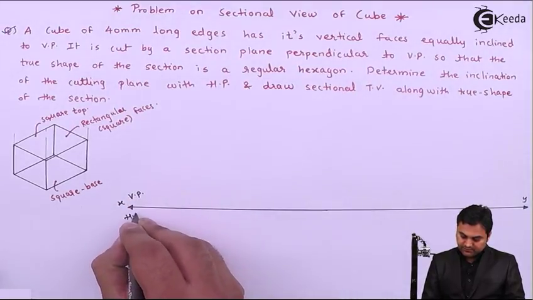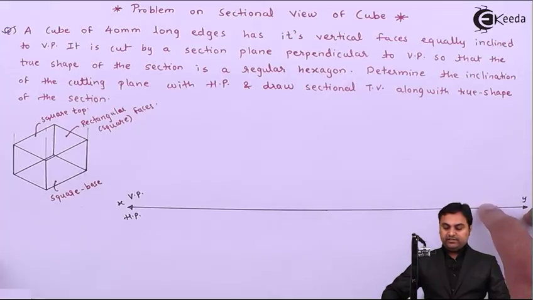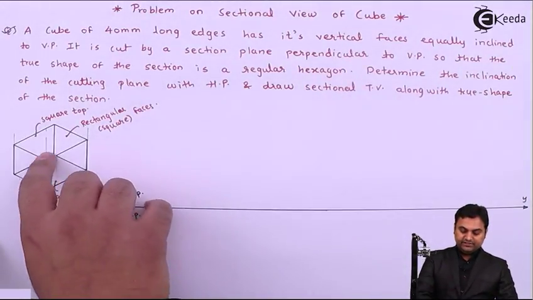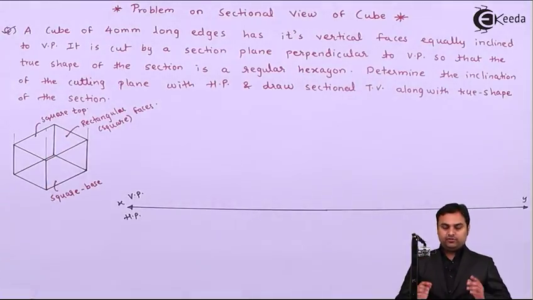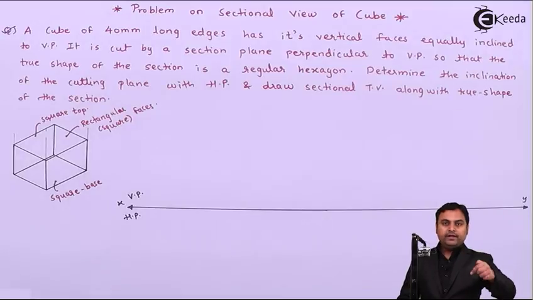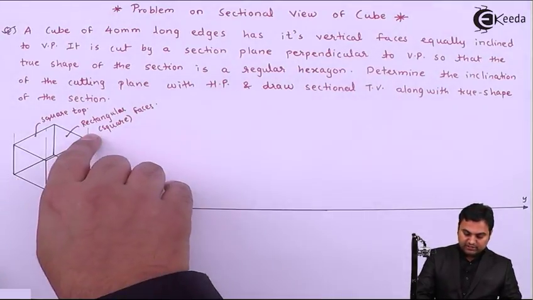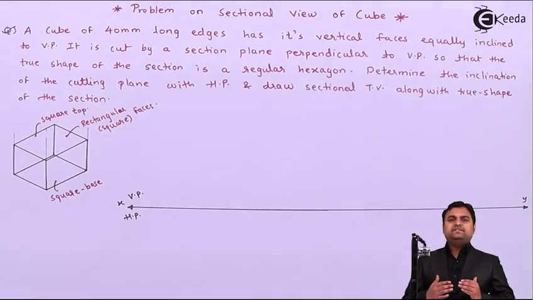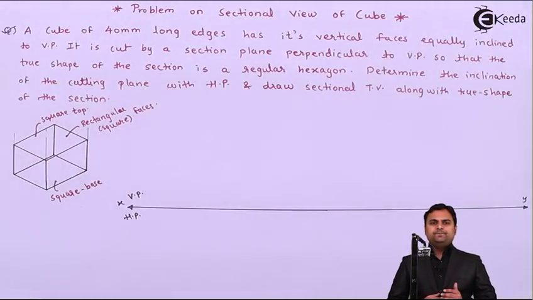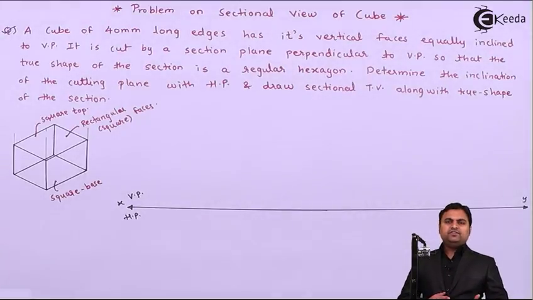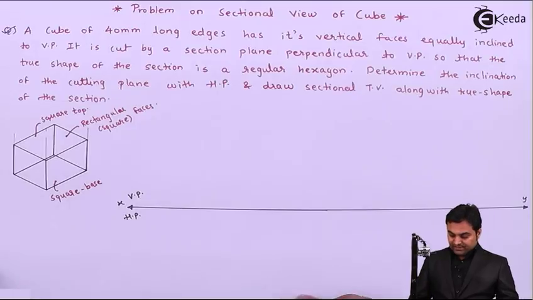XY line, VP, HP. Now the cube is equally inclined to VP. As we see, these are the vertical square faces of the cube. From the top view, those faces will look like lines and the square top will be seen. Since it is equally inclined to VP, it means the cube is resting on HP, and for that